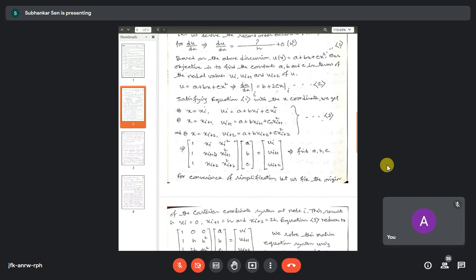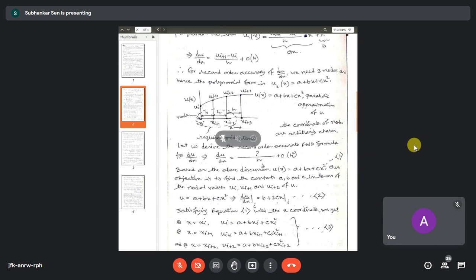So this is a 3 by 3 square matrix, the coefficient matrix of known variables. This is a known quantity and this is also a known quantity. The right hand side term vector is a known vector. So the only unknown terms are a, b, and c. You can easily understand from here that when you find a, b, and c, these solutions will be some functions of u and x. So here, to make this calculation simple, we shall consider that this is the reference point, the reference node, and this also matches with the origin of the coordinate system.